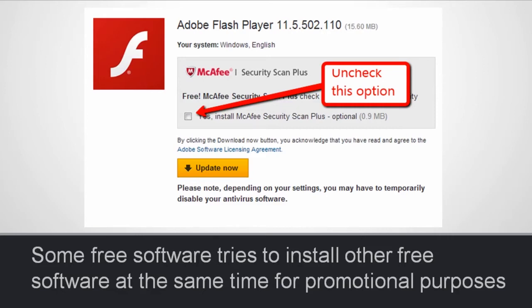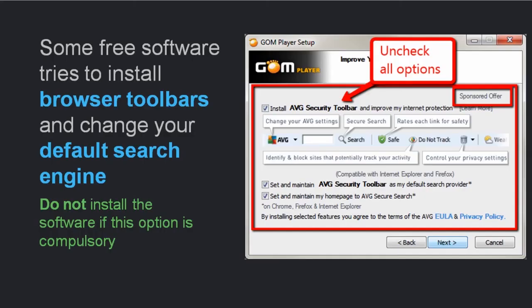You may want to do that, but you probably already have an antivirus and do not need that as an option. Unfortunately, Adobe ticked that by default, therefore you have to untick that option if you don't want to install McAfee alongside Flash. Other software may try to install browser add-ons, such as a toolbar, or change the default search